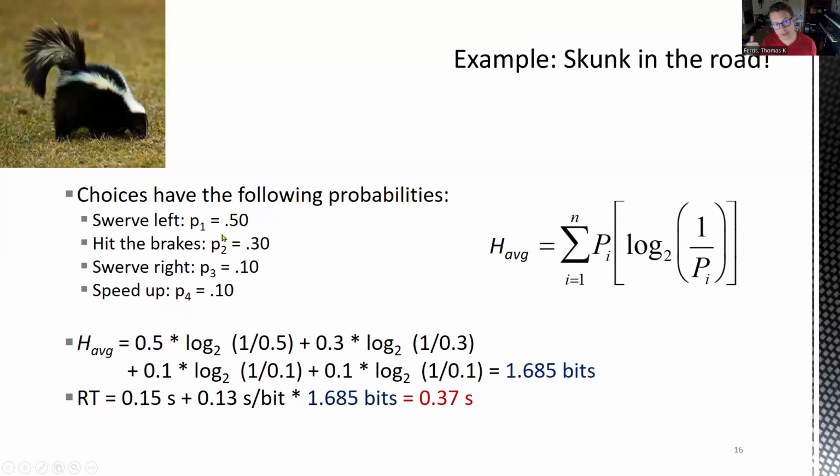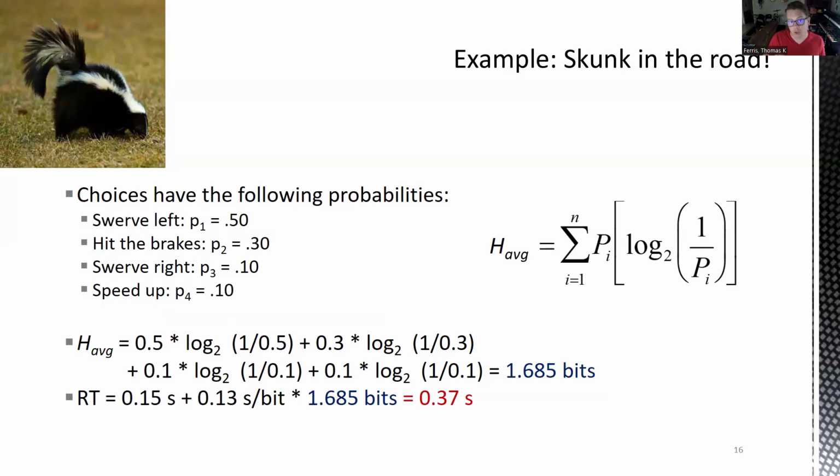So when you have something that's more likely to occur, you don't have to process as much information when it does occur. And therefore you have potentially faster reactions here. Okay, now these are idealized. 0.37 seconds as a reaction is probably not going to be observed in a real case unless in a very controlled condition. This is ideal. This is like everybody is driving all the time looking for a potential skunk. It doesn't really reflect humans if they're not suspecting something, if they're just going about